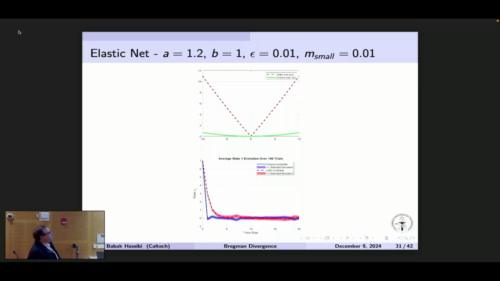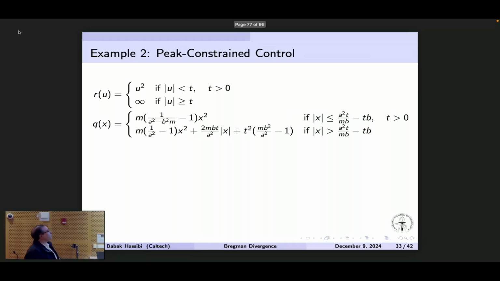You might say, well, maybe I should penalize the state more. And so if you up this m, you get something that's more quadratic. Maybe this you like more. Here, this is not as aggressively pushing me down to 0, but it's still doing a better job of that than the LQR. Okay, so you have some flexibility in terms of what you want through this parameter m. But the cost on the state is quadratic looking. It's a piecewise quadratic. Let me do another example.